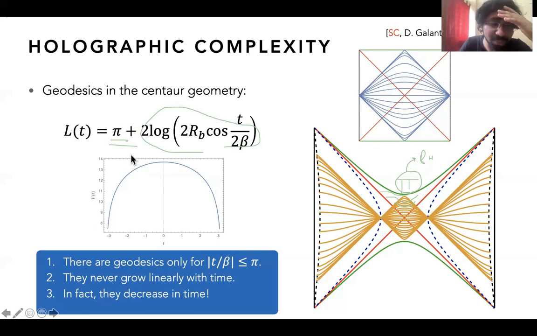I have just one more clarification. Very naively, what comes to mind is that you have considered the complexity equals volume proposal. Maybe one can also probe these things using other complexity proposals, or is this proposal dependent? For example, complexity equals action. We haven't tried. I think that's very interesting. Even if you don't go to the action, which has some subtleties in 2D where you have to add special boundary terms,